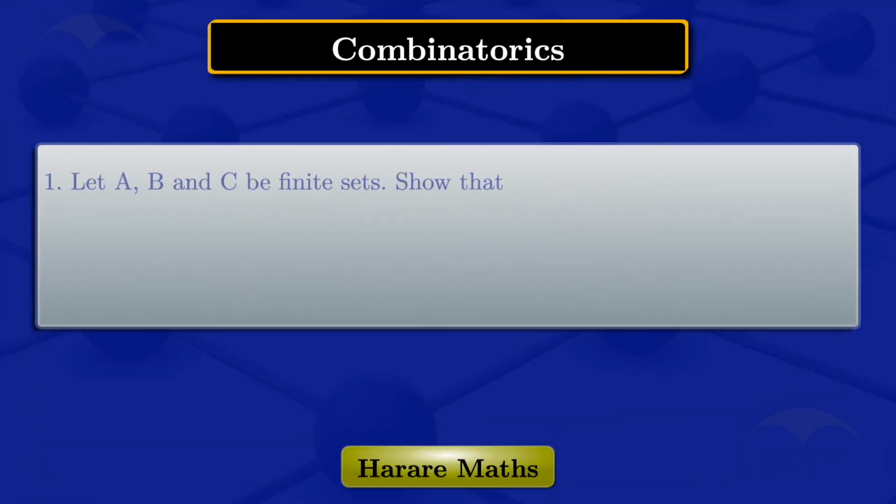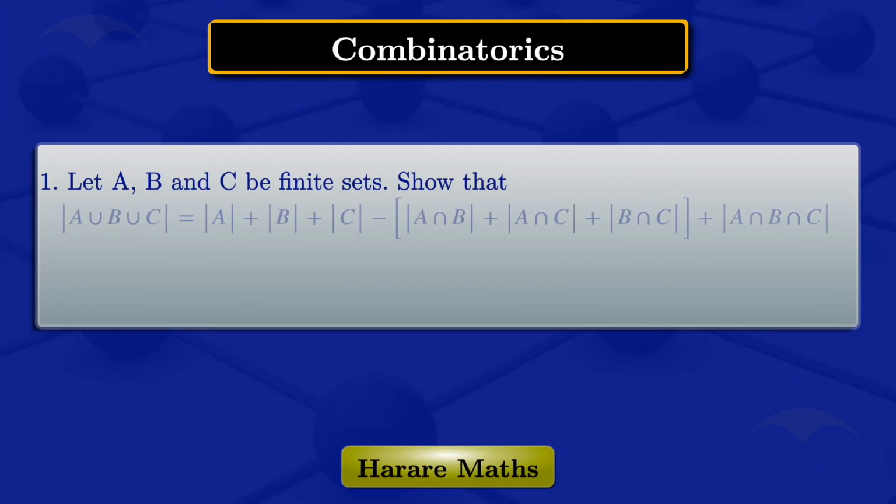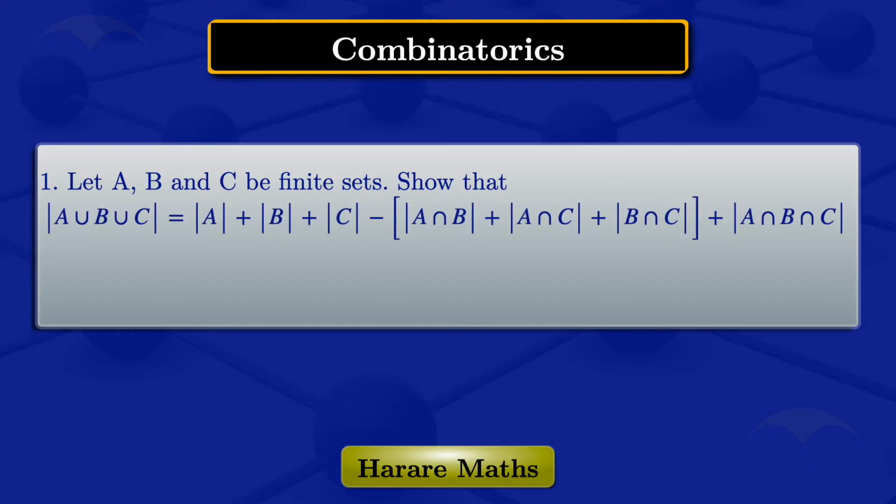Let A, B, and C be finite sets. In this video, I'm going to show that the cardinality of A union B union C is equal to the cardinality of A plus the cardinality of B plus the cardinality of C minus the cardinality of A intersection B minus the cardinality of A intersection C minus the cardinality of B intersection C